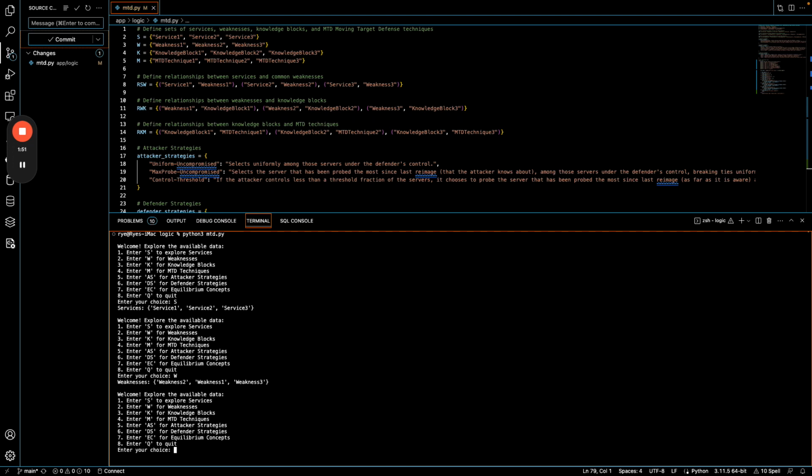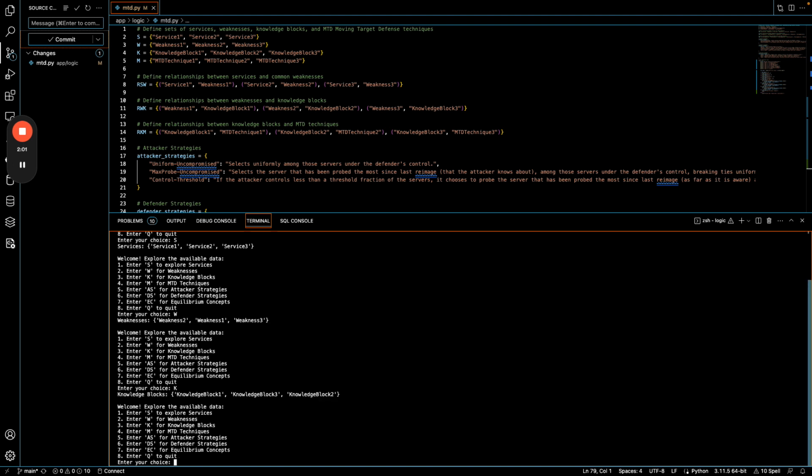You can use this by going to the GitHub, cloning it, and going into logic and running MTD. You can explore knowledge blocks, and as you build on services that are in your system, you can replace this knowledge block with knowledge that's pertinent to your system. Additionally, you can examine MTD techniques, and you could add all of those techniques that would be appropriate to build a moving target defense for your